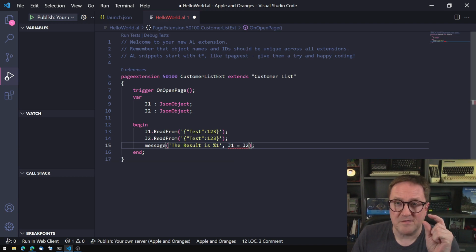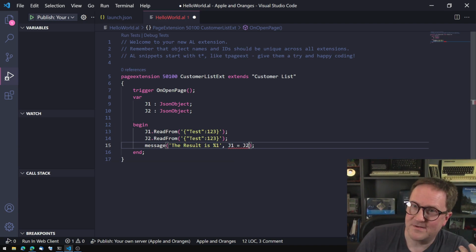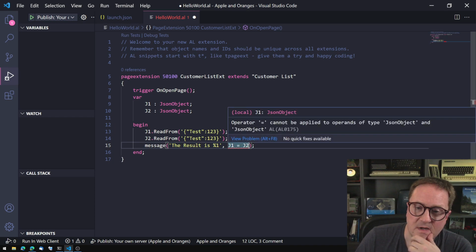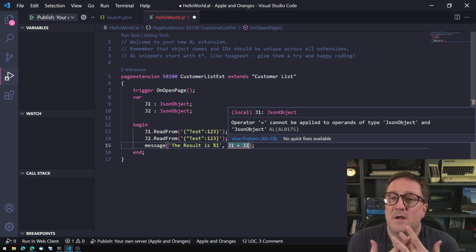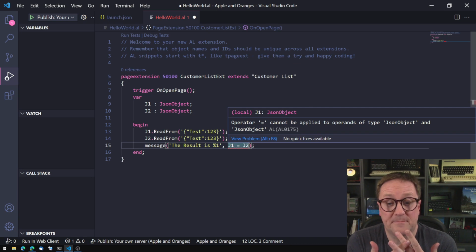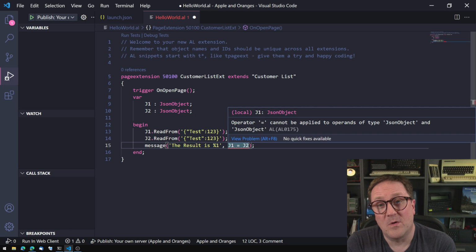Oh, I was this close to believing it worked, but it does not work. We get the squiggly lines. So operator equal cannot be applied to operands of type JSON object and JSON object. So if you were working in C#, this would work, but it would also never be true, because